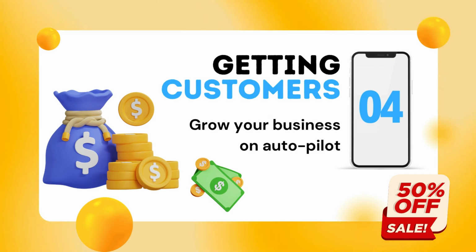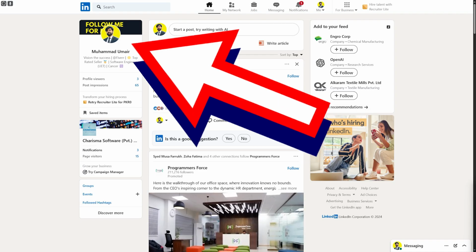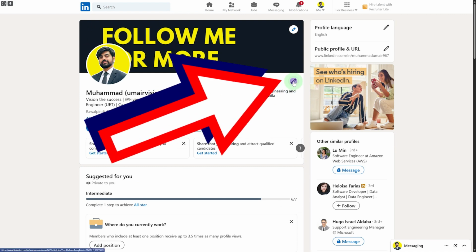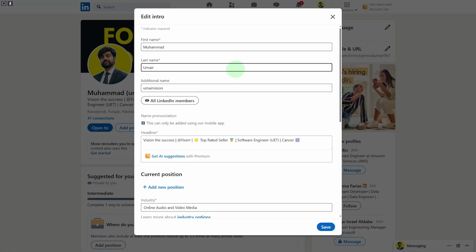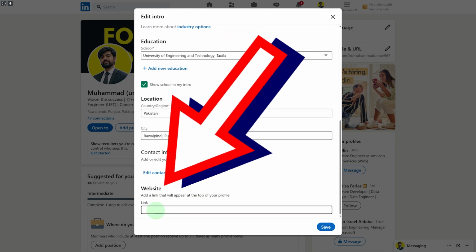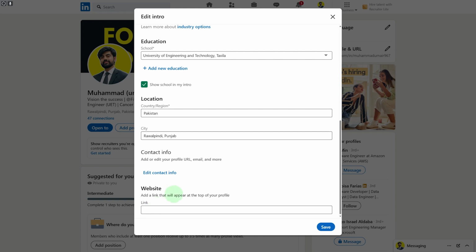Now coming back onto the video, what you need to do is simply head over to your profile. Once you're there, click on this pencil icon. Now you cannot add any social media links, so it is going to be a workaround. You can scroll a little bit down. You can see we have website and we can simply enter a link in here, or what you can do